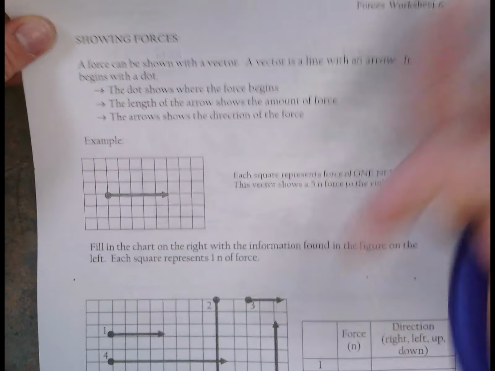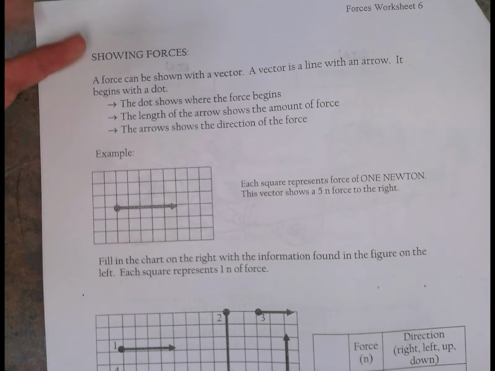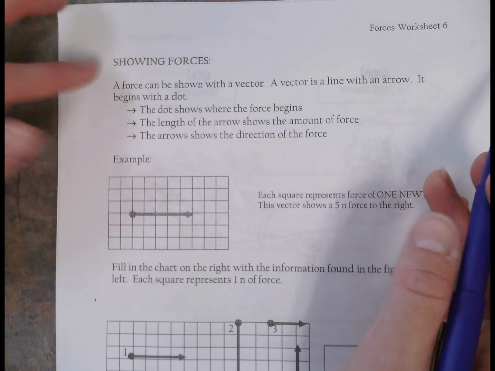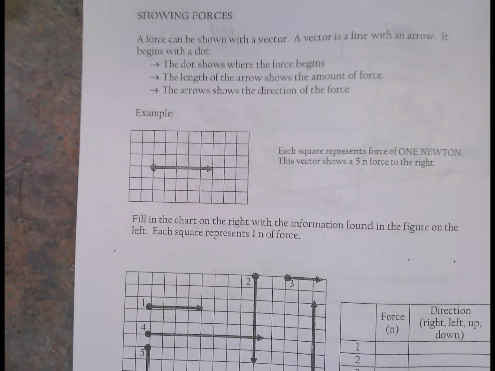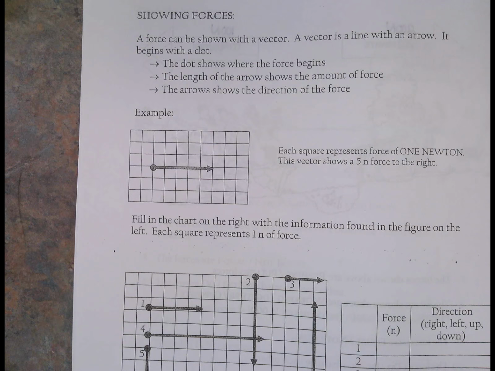Now this is where it could be fun for you. It should be kind of easy, actually. It looks kind of confusing, but it's not. So it's a vector. A vector is a line with an arrow. It begins with a dot. Now, the only thing that is kind of confusing about this, I'll have to give you some extra directions, because as I was doing this, I'm like, it's kind of confusing because some of them appear to kind of start